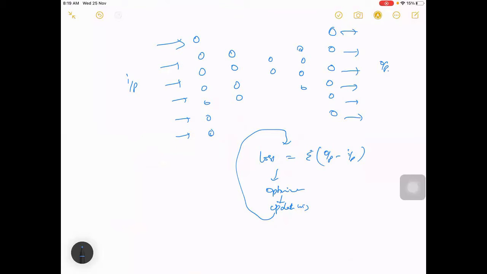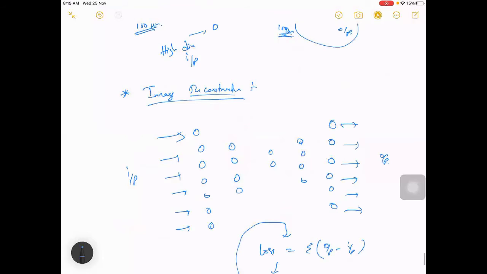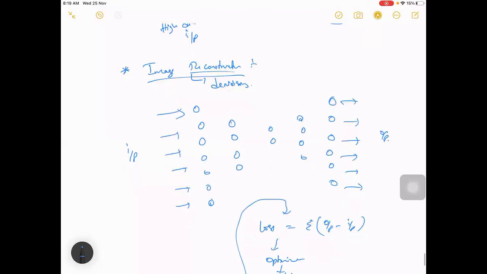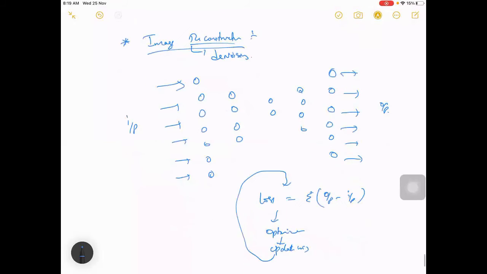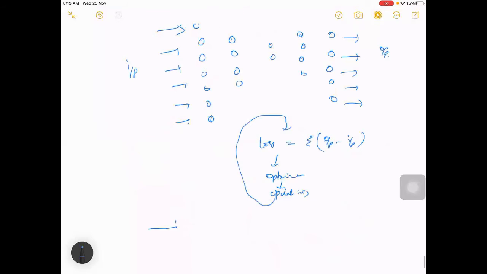So what you can also do is use this autoencoder for denoising or reconstruction, meaning remove the noise, the blurriness and all. You can remove it using this autoencoder. For that, you train your model by giving it blurry images. So let's call it an autoencoder, and here you give blurry images or noisy images.